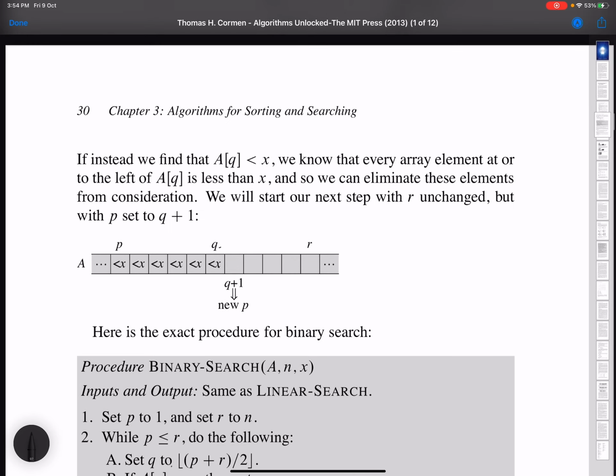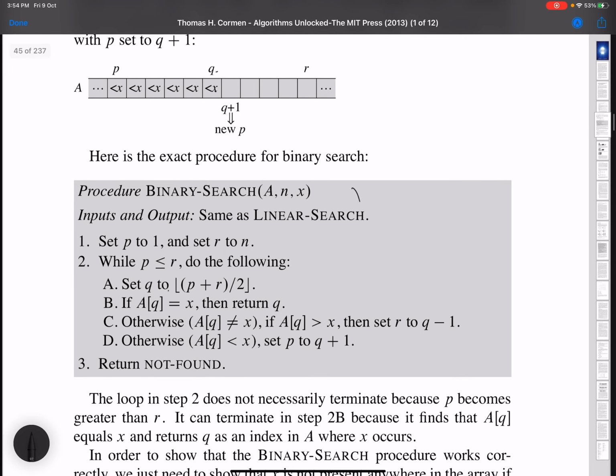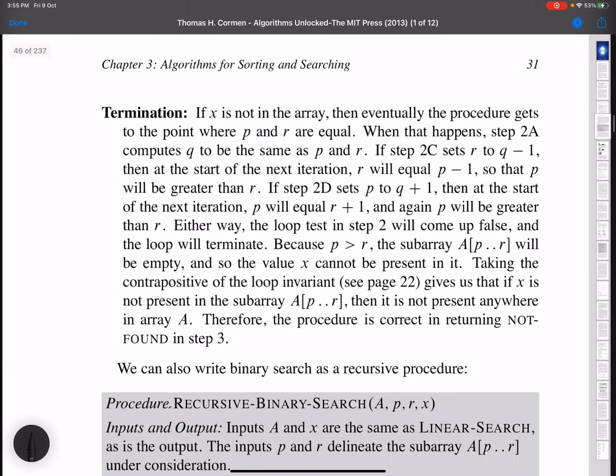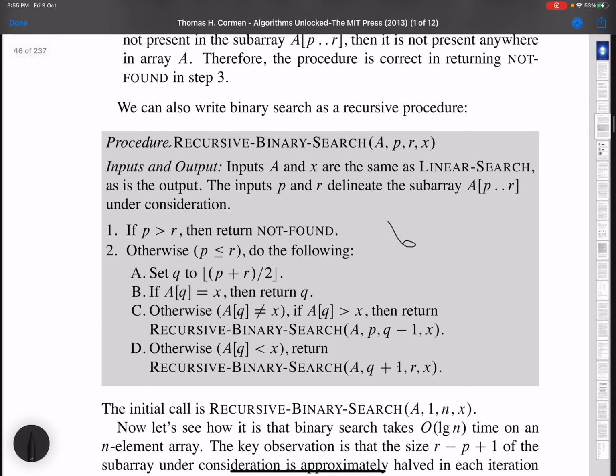So this is the iterative way of finding the element of interest, and now the recursive way.